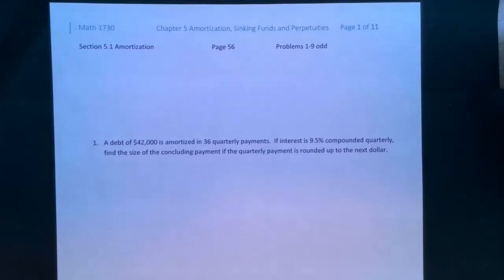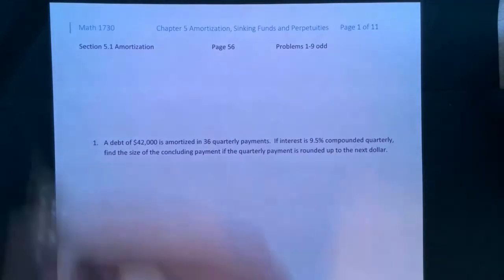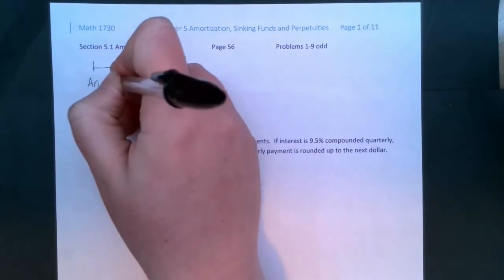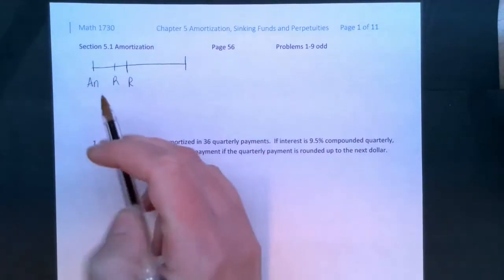Okay, so we're in chapter 5. Section 1 is all about amortization. The only new stuff here is that we use roundup payments and then we construct a table. Everything else we've covered. So, general timeline, just as a review, it's your A sub n, and that's your loan